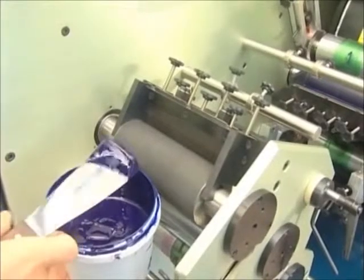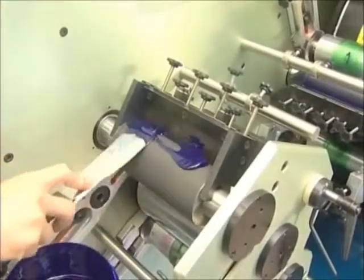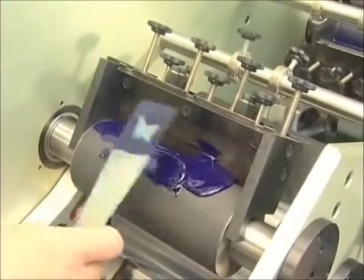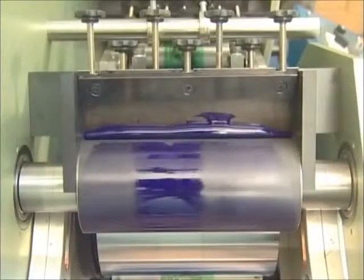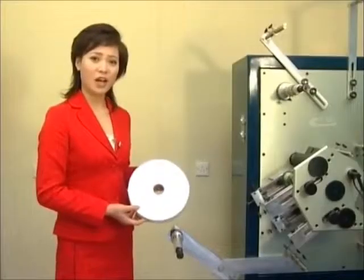The ink can be installed after the ink fountain is fixed. Use the shell loaded with ink on the anilox roller carefully. Do not scrape the anilox roller. Then press the engine push button on the machine so that the ink is uniform. After the ink is